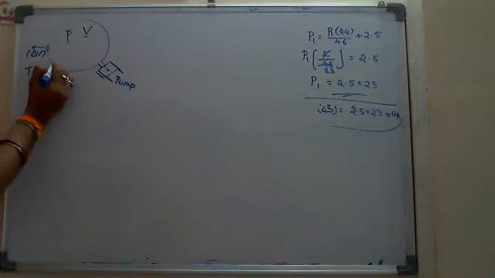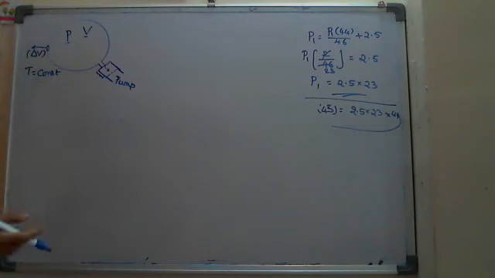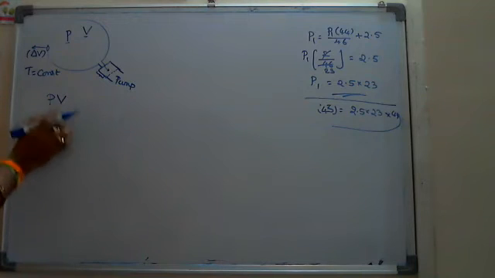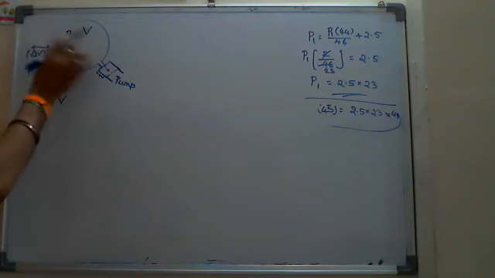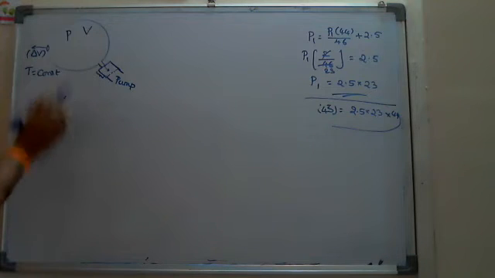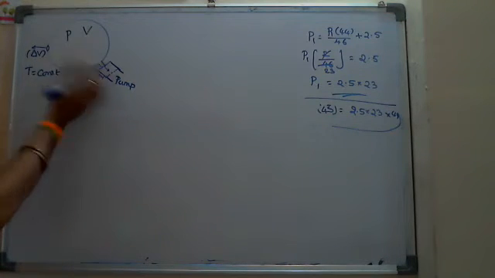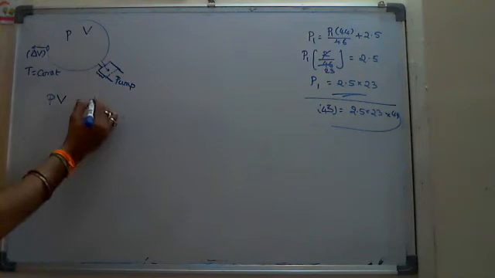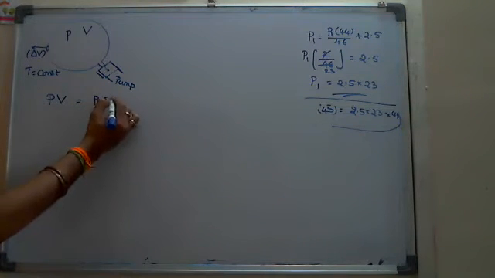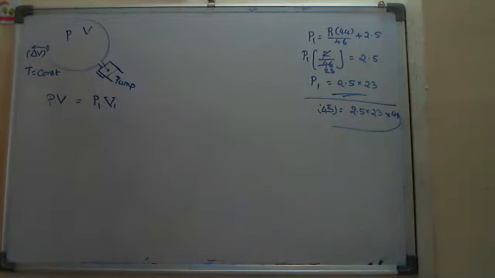Okay. In this case, after n strokes, you have to understand, I kept the temperature constant. So I have to use what concept? Boyle's law as usual. PV is equal to constant. Before starting the experiment, means before pumping out the air from the cylinder, P into V. After one stroke, let the pressure be P1 and the volume of gas inside be V1.